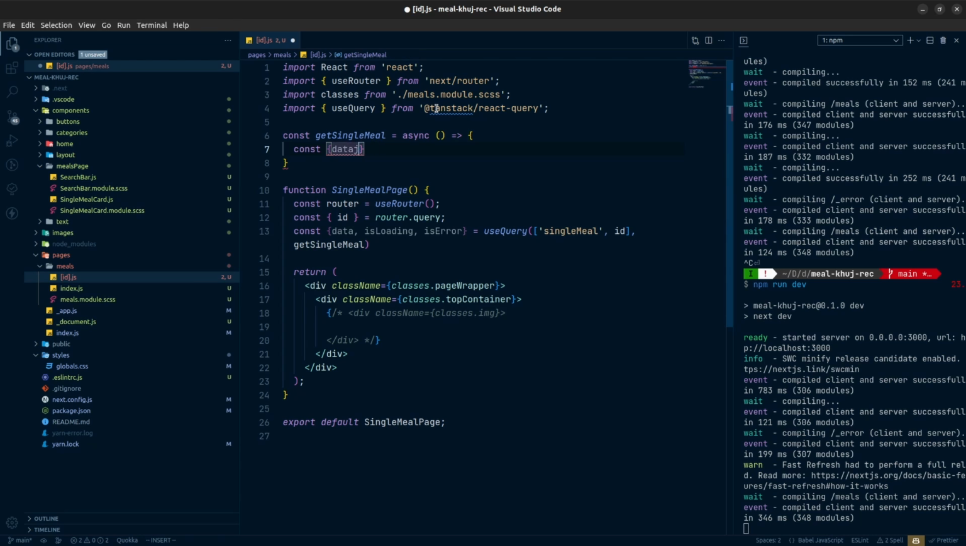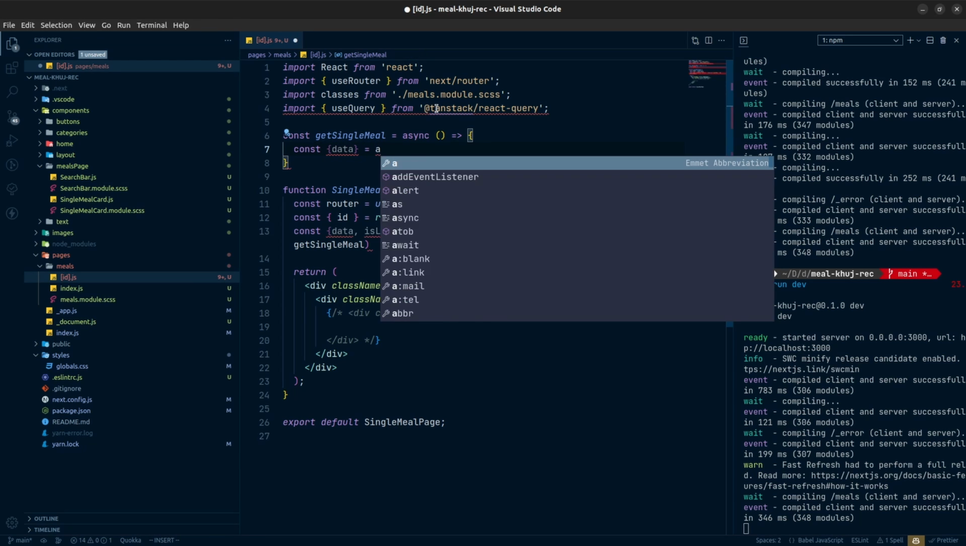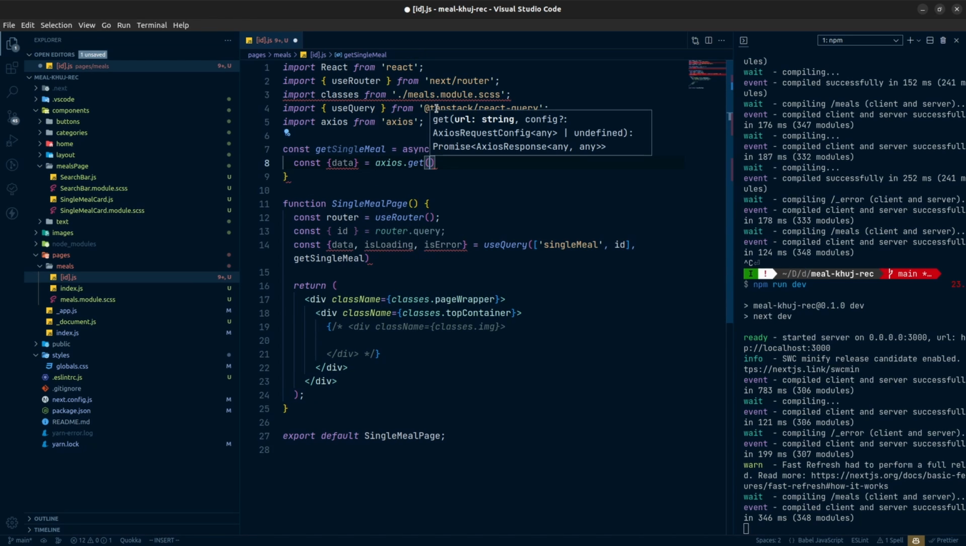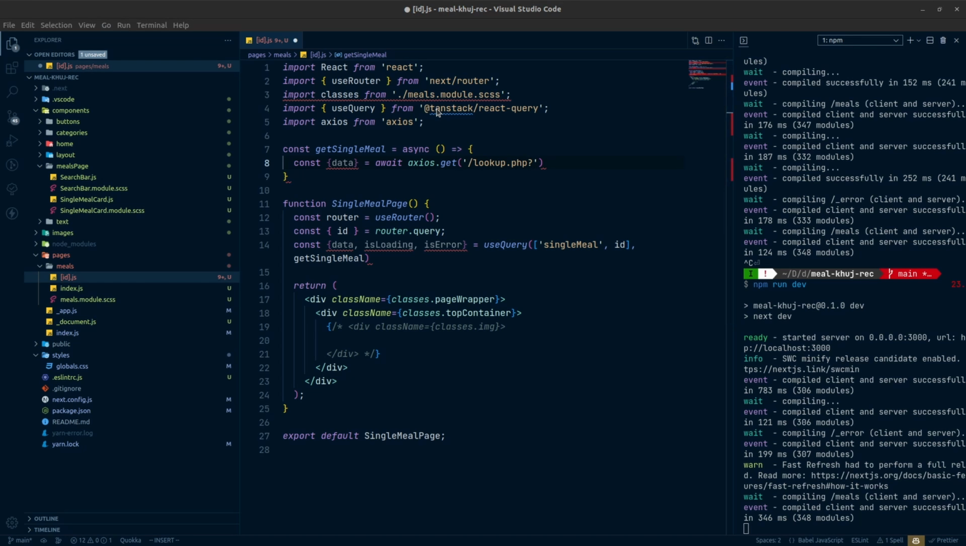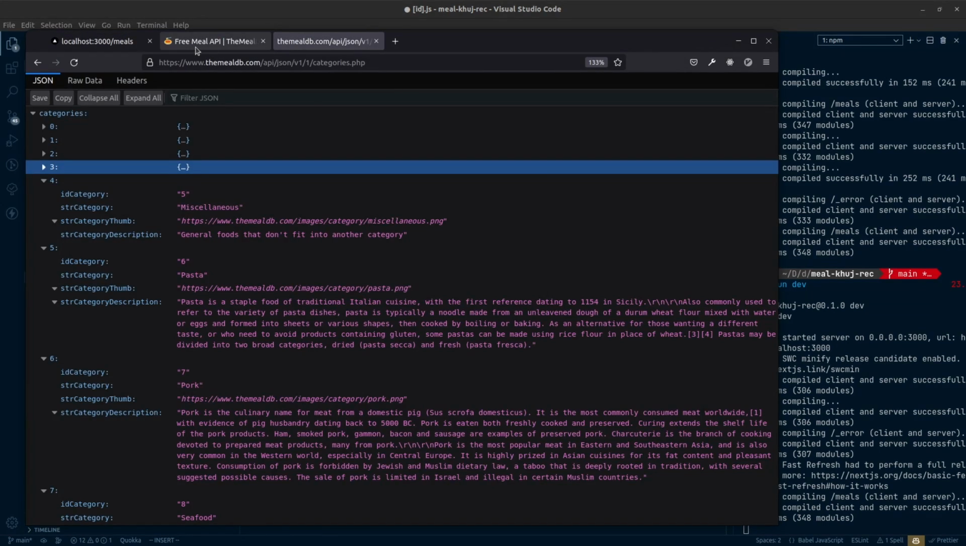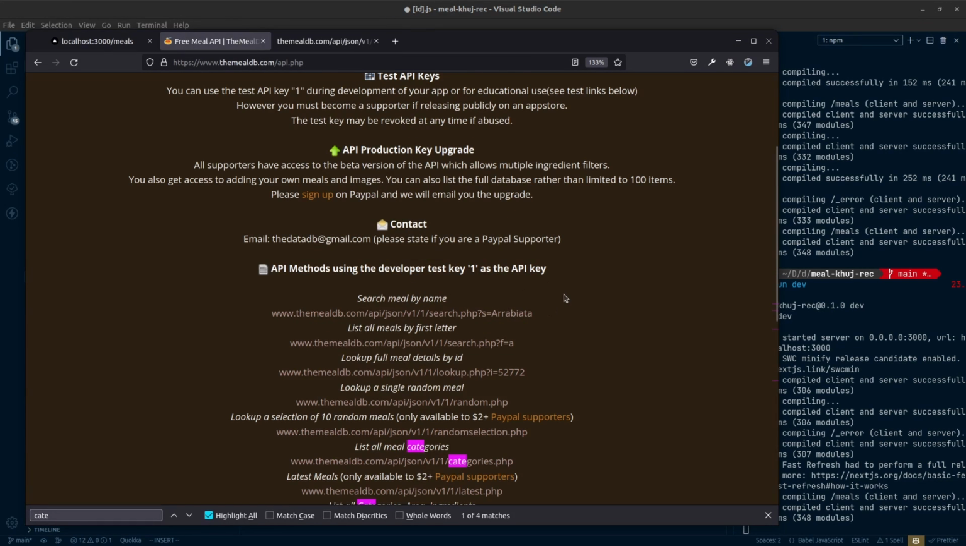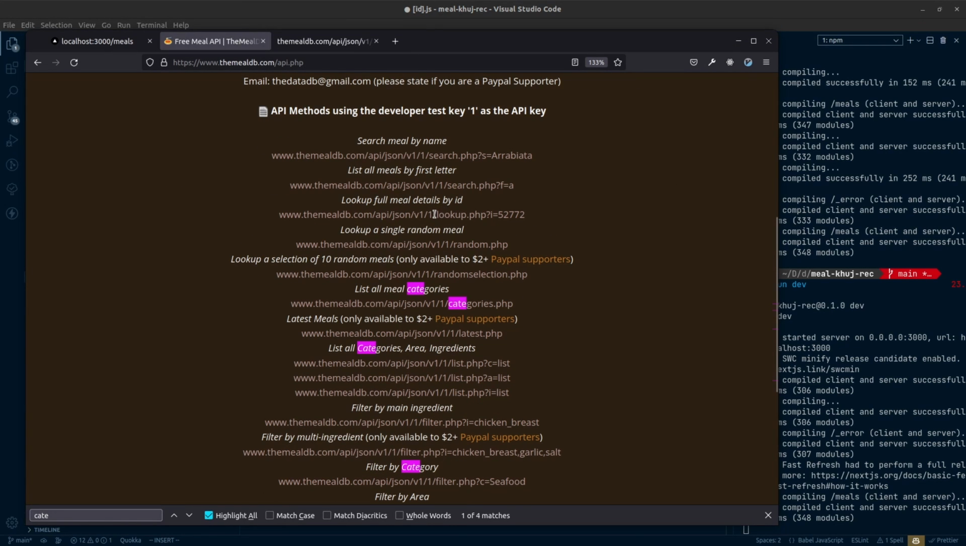So data equals, let's get the Axios dot get, and we need to also await that, and here we need to get the single meal, and for that the path will be lookup.php. Let me actually check it from the MealDB API. So to get the single meal with the ID we need to do this one. So this is the path here, you can see. So copy that